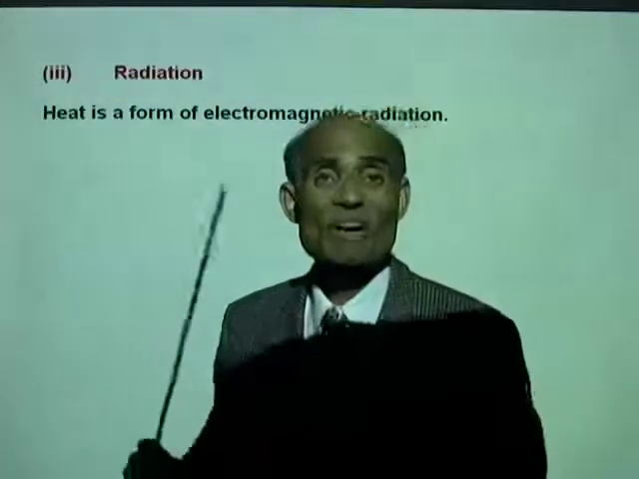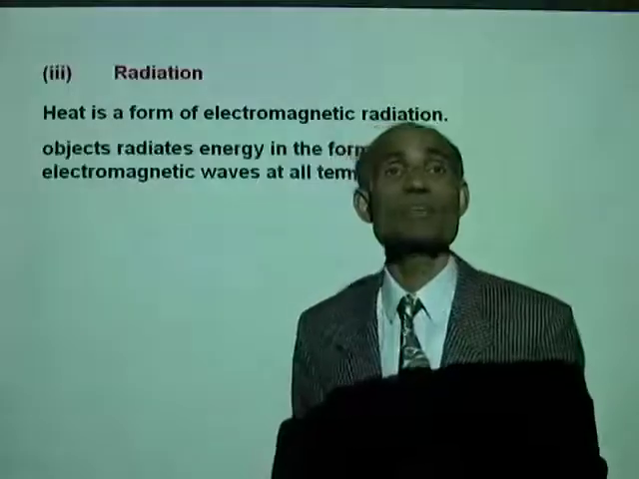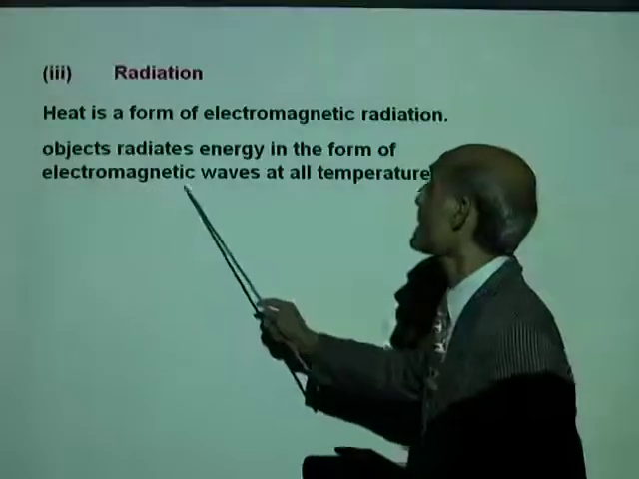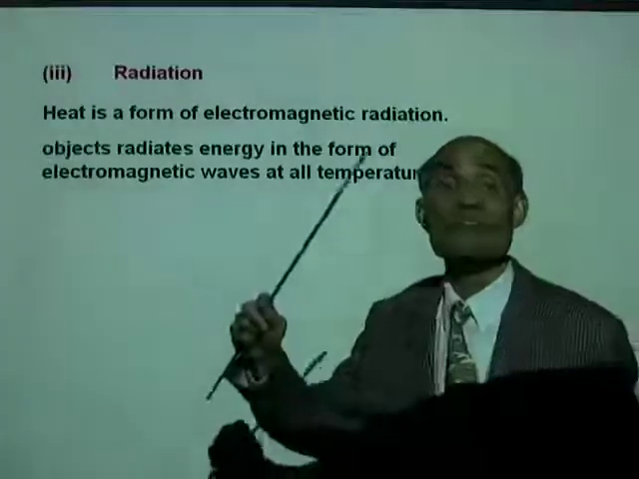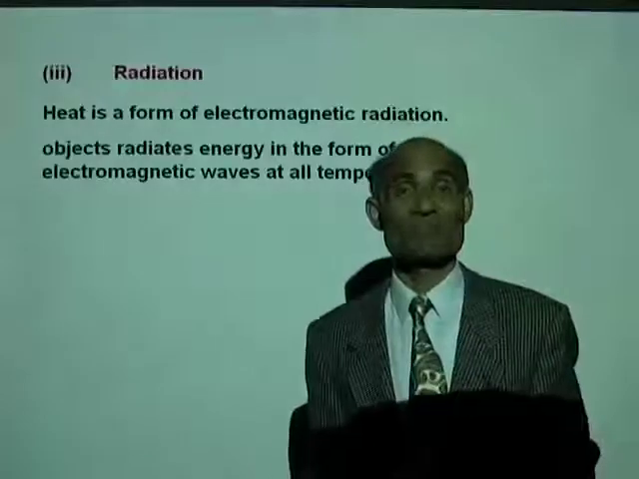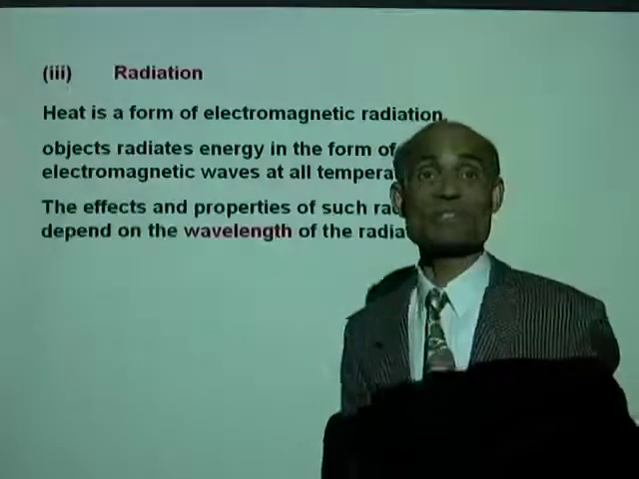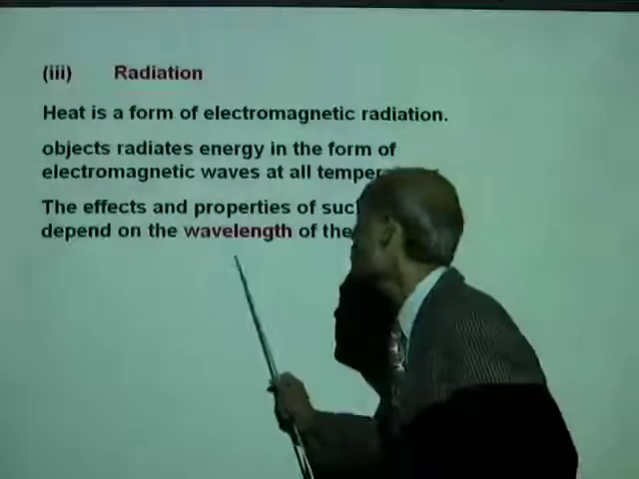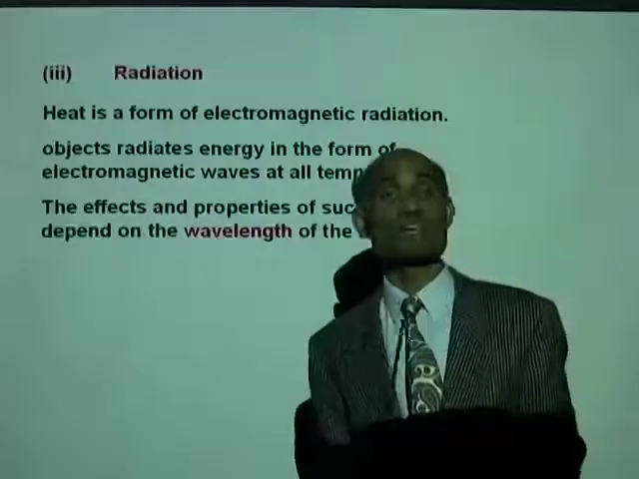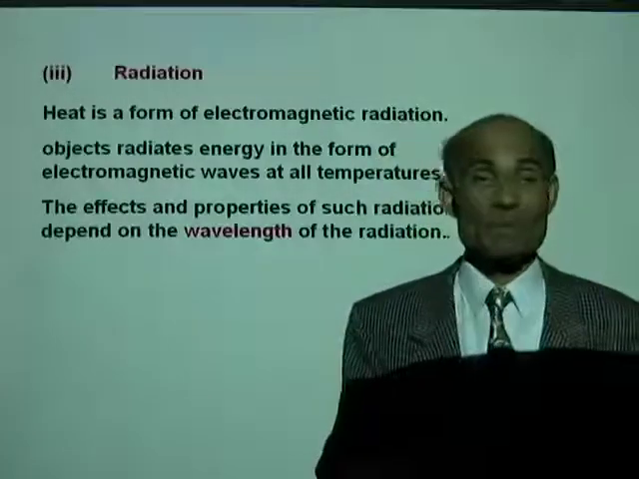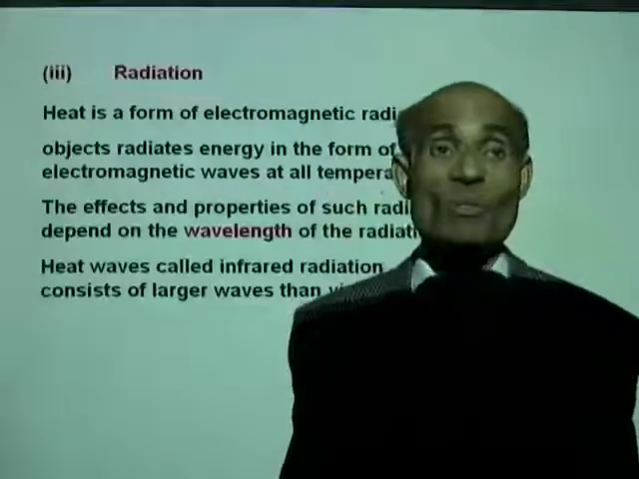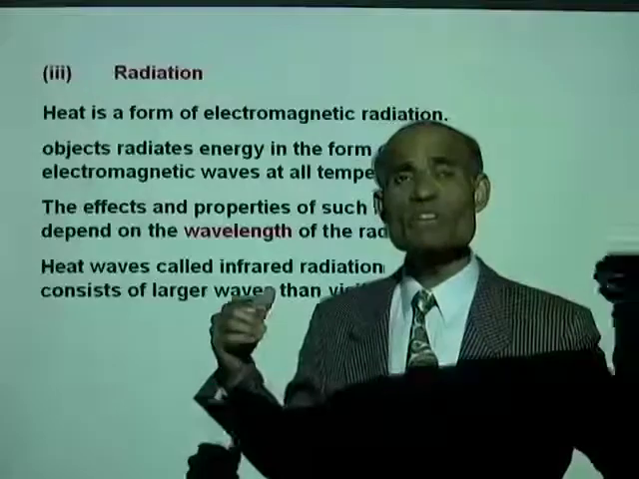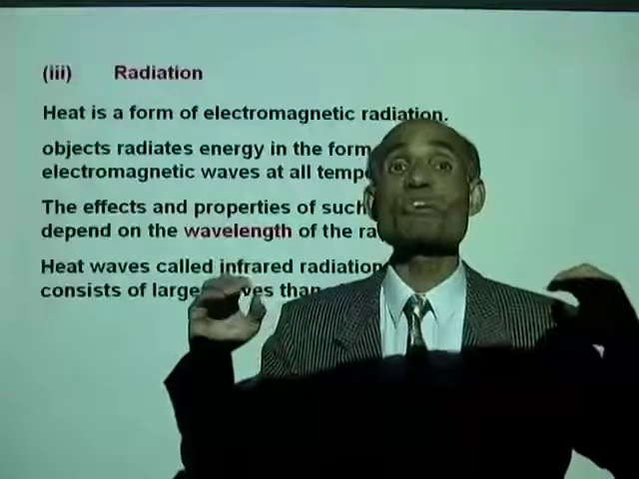So you must have a fair understanding of electromagnetic radiation. Objects radiate energy in the form of electromagnetic waves at all temperatures, even at very low temperatures. The effects and properties of such radiation depend on the wavelength of the radiation. Right? Now, one characteristic of these electromagnetic radiations is that all these radiations will travel in free space with